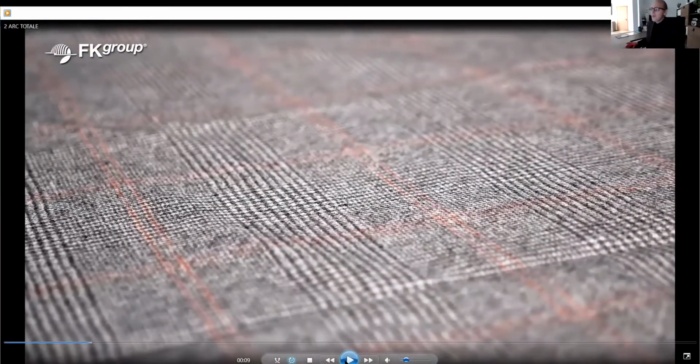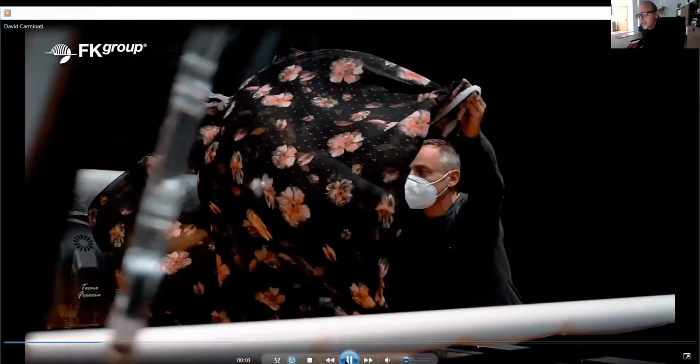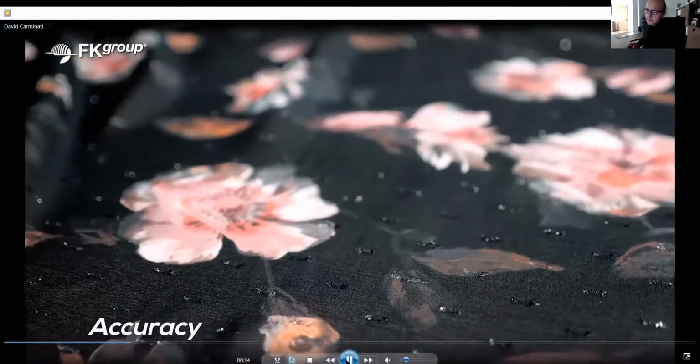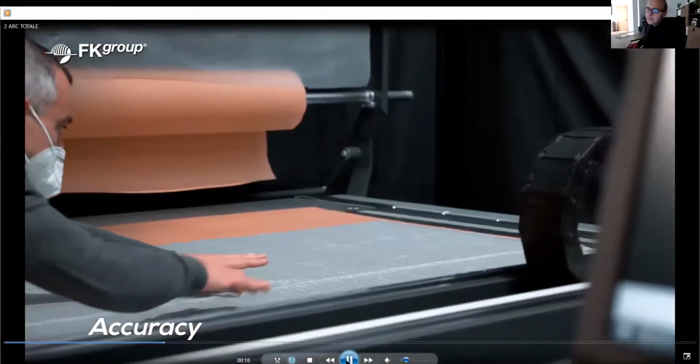One solution for many problems. Checks, leather, panel. Checks, leather, or panel with one machine, one software, you solve any. What is important? The operator is an expert. This is not a job for everybody. This is a perfect job for those people that know how to assemble the garment, how to assemble the bags, how to assemble any parts. So these people know exactly that this shape reference must be at this point, because